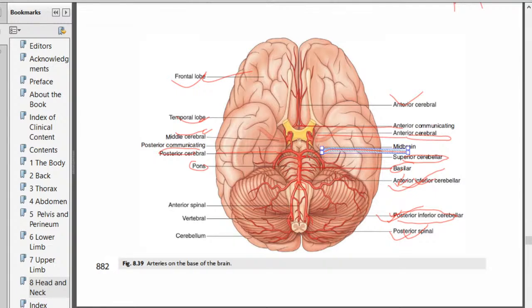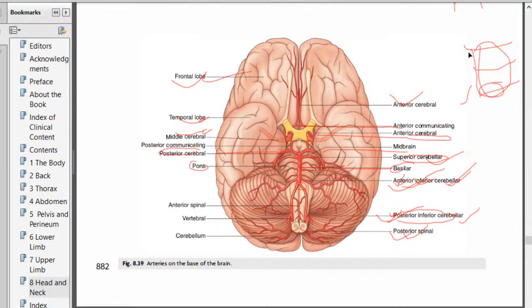Superior cerebral artery, anterior inferior cerebral artery, posterior inferior cerebral artery. Here we can also see the blood supply of the cerebellum. The cerebellum is basically supplied by 3 arteries: the superior cerebral artery, anterior inferior cerebral artery, and posterior inferior cerebral artery. The posterior inferior cerebral artery is a branch of the vertebral artery. However, the anterior inferior cerebral artery and superior cerebral artery are branches of the